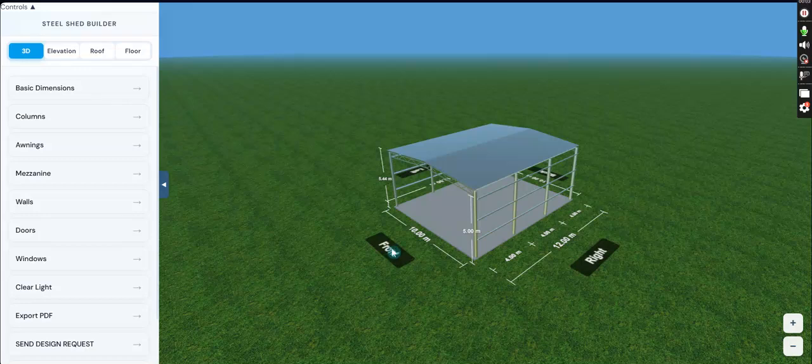Hello architects and engineers. In this video, we are going to learn how we can make a gable or a lean-to roof on the shed with all the sides open. So let's go to the